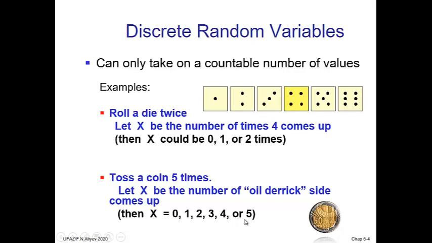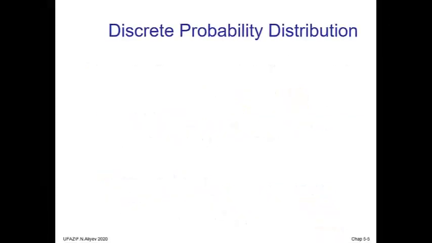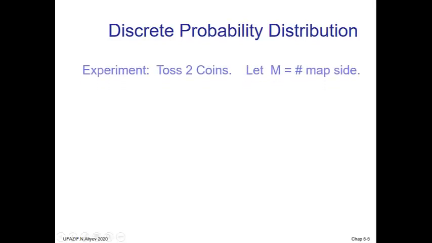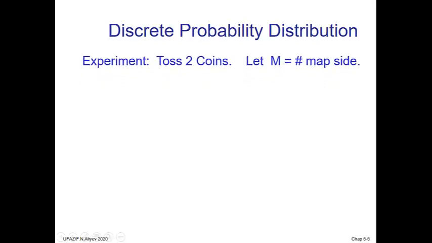After understanding discrete random variables, we can talk about discrete probability distributions. For this reason, we will consider one example. What does it mean, probability distribution? Okay, for this reason,